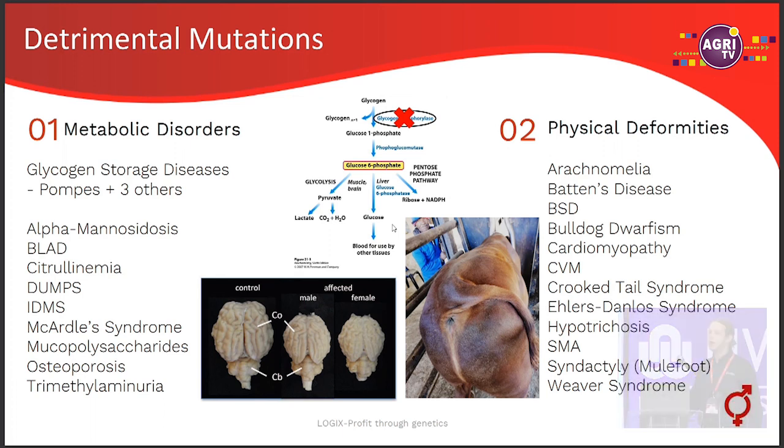So we can split them up into metabolic and physical deformities. We spoke about glycogen storage diseases. Those come from Brahman-type animals or composite breeds that have used Brahman in the upgrading system. We've got BLAD, we know in the dairy, DUMPS, RDMS, McArdle syndrome, which is this picture, that occurs in sheep. They do not have glycogen phosphorylase, so they cannot convert glycogen to glucose. Physical deformities, we know BSD, I see I'm out of time, cardiomyopathy, CVM, here's crooked tail syndrome or Kromstert,